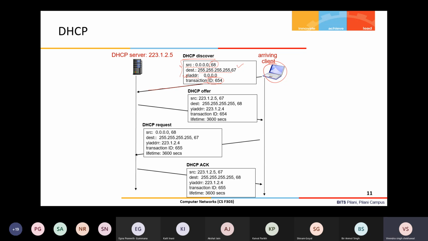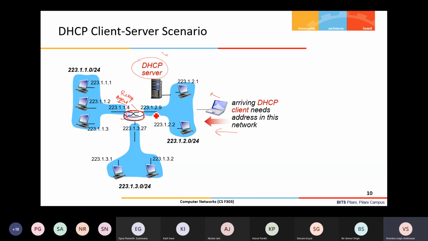In case of a different subnet, as I mentioned here, suppose the client is coming from this subnet. Then the relay agent running in this router will forward your DHCP discover message in this direction. If the client is coming from the other direction, the message will be forwarded again toward where the DHCP server is.